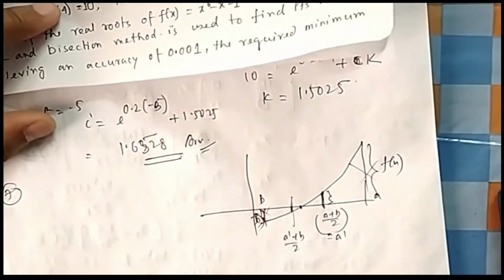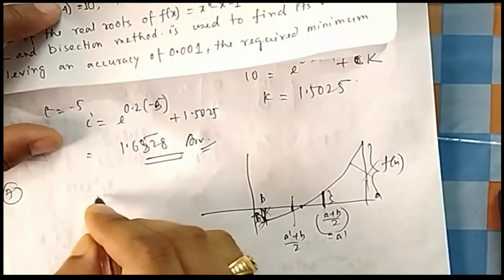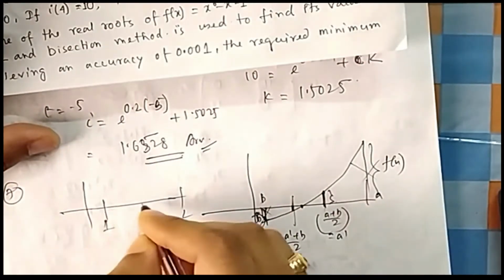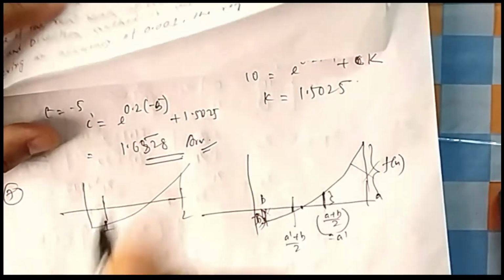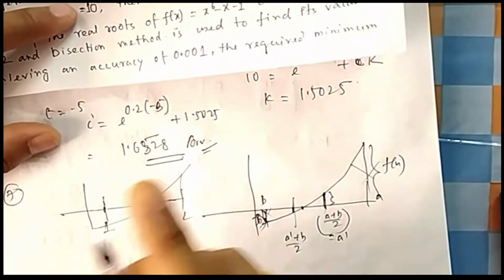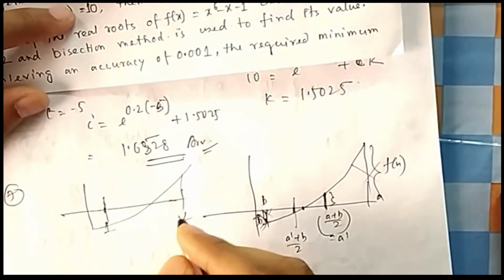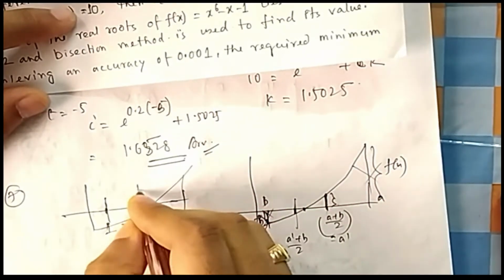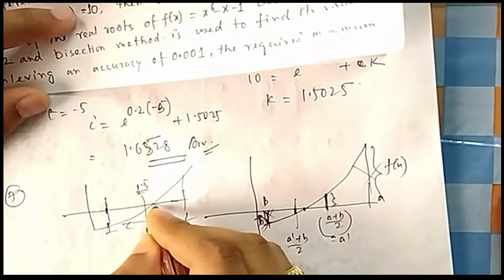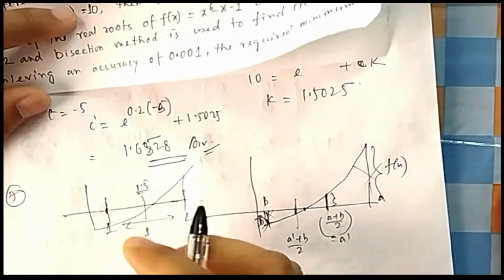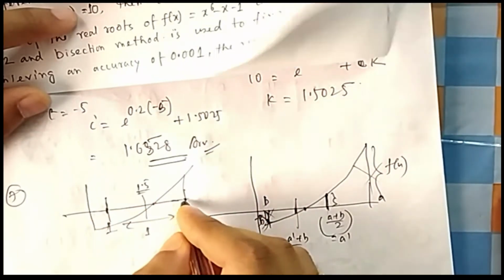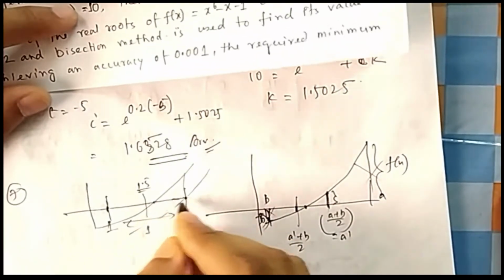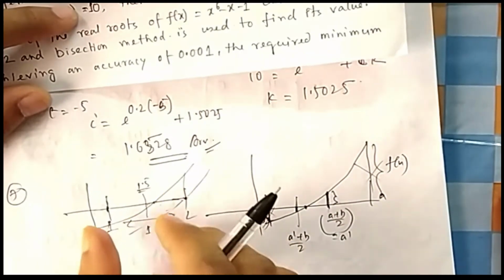So what is the trial? You can think, if my length is 1, here they are saying between 1 and 2. So suppose I try the first time, only one try. What can be the maximum error you can think? What is the gap? Gap is 1. If I take it in between these two, that will be 1.5. This point can be here, this point can be here, because I know it is between 1 and 2, that's why I am narrowing down. So what can be the maximum error? If the line is going to this, then the error is 0.5, the half of this one.